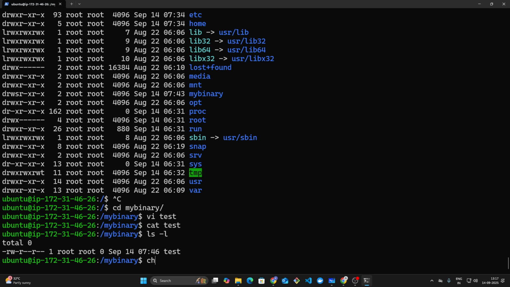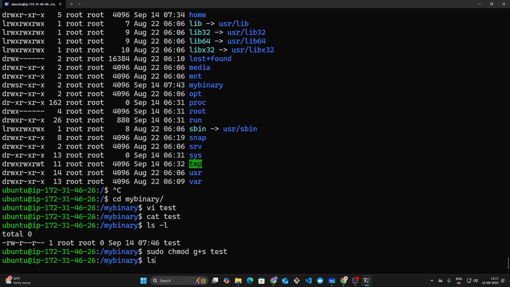Now we are going to use SGID, set group ID. Sudo chmod g for group plus s, and the file name is test. Now if I type ls -nil,